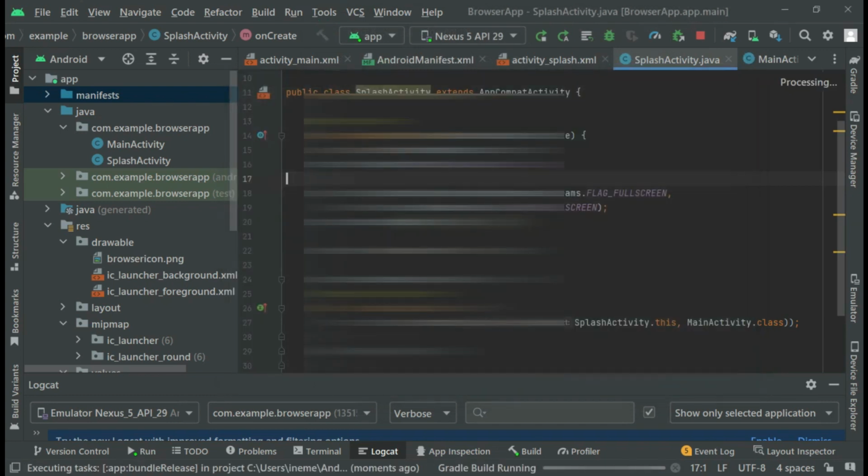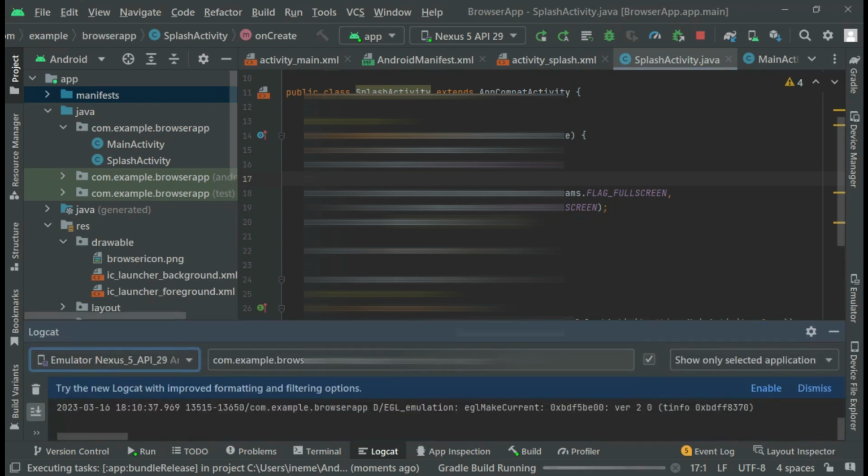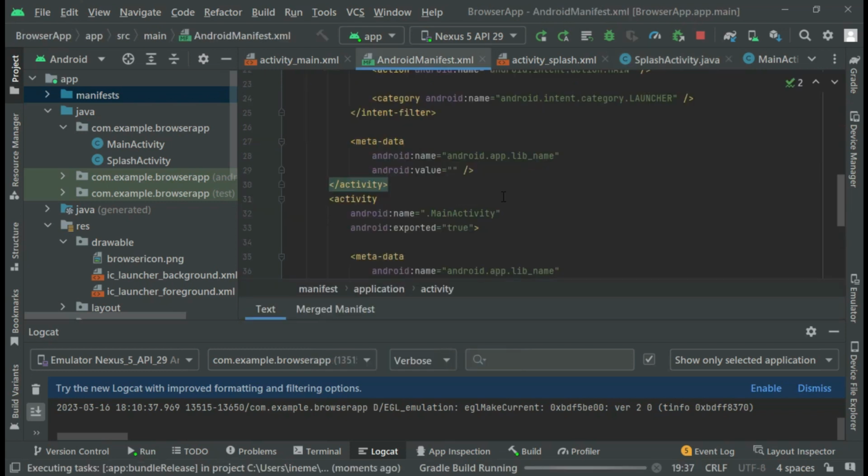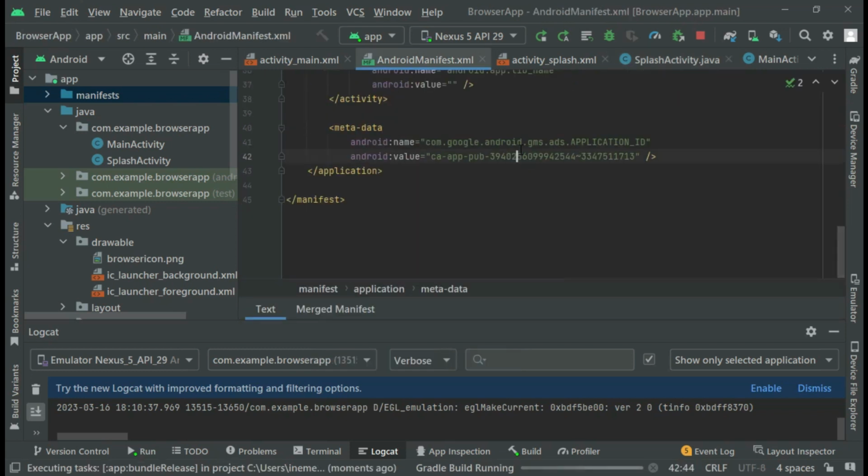So I'll click finish. Once this app finishes building like this, you can upload it to the Google Play Store. Your app is ready to be uploaded and you can start earning. You add your AdMob app ID, you add